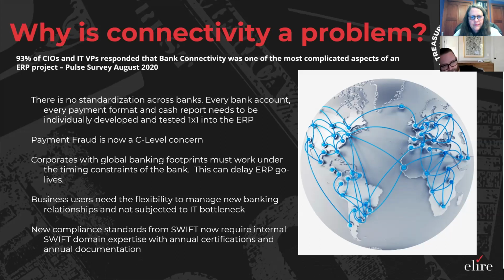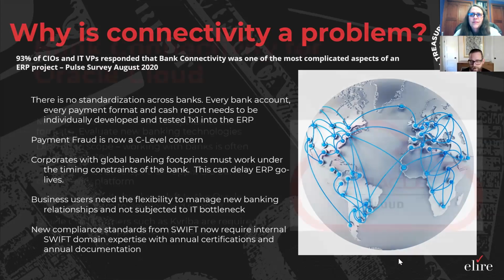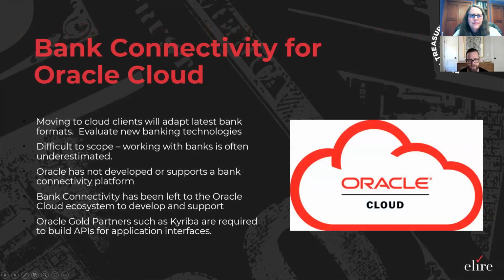So now if I can get Kirsten to advance to the next slide, we can talk a little bit about the desire to modernize and how that can potentially affect project scope. When a client is looking to modernize, or when they're starting to look at migrating to the cloud, they are often looking to take advantage of or potentially evaluate some of the new banking technologies that are available at the time. Kind of like what Kirsten calls out in the first bullet.